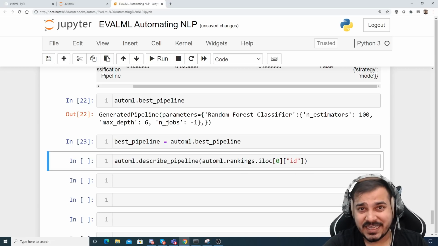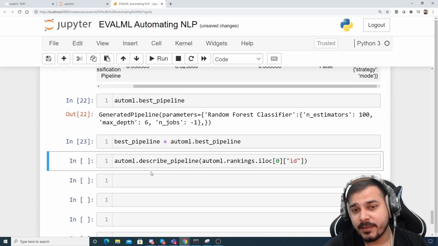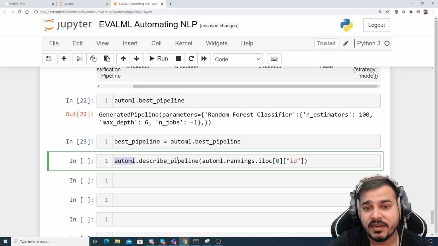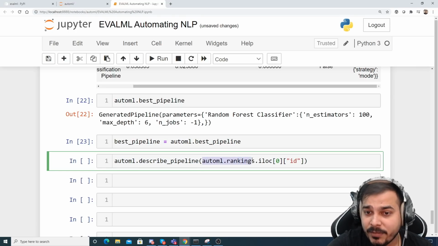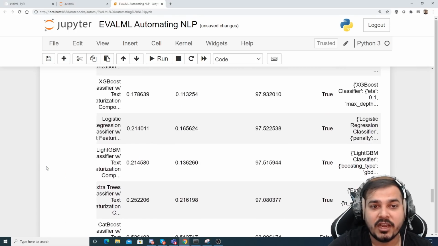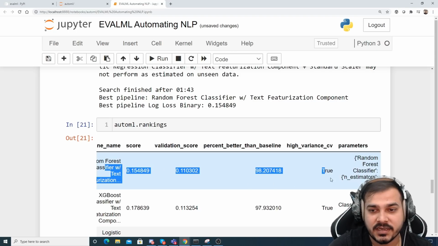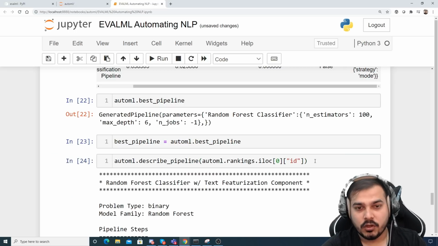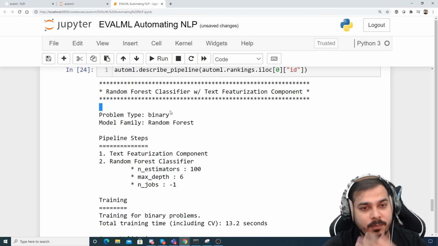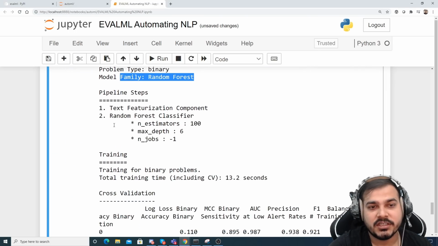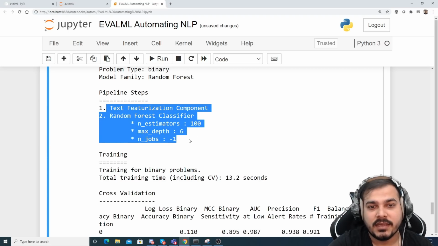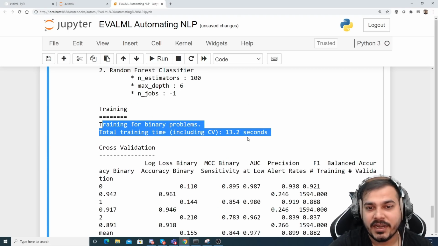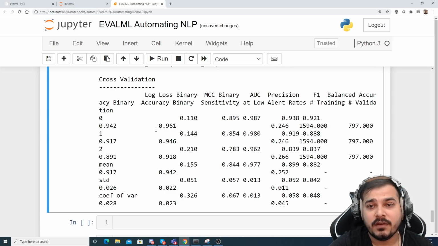If I want to describe that best pipeline in much more detail, you can write AutoML.describe_pipeline. You can write AutoML.rankings.iloc[0]. So iloc[0] is nothing but this entire row. We'll try to see this by describing it. So here is your important information. The problem type is binary, model family is random forest, text featureization component. Then you have estimators. Here you have your training things. Here you have all the information with respect to